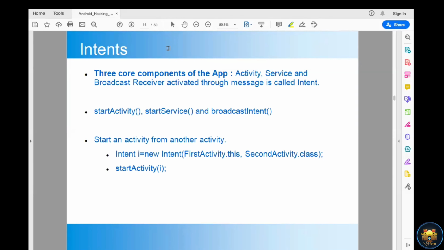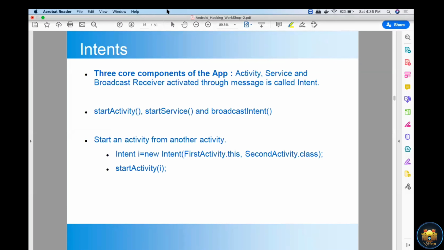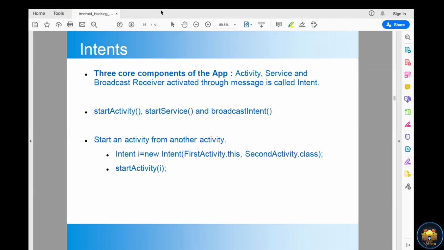You can see here, start an activity from another activity. I define and use a new intent class. Use here the intent class to define two things. One is the host class, another is the second activity dot class. Here we are actually starting from the first activity to the second activity using the intent.